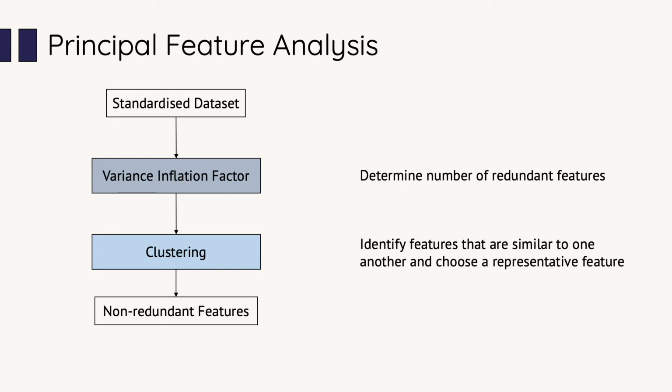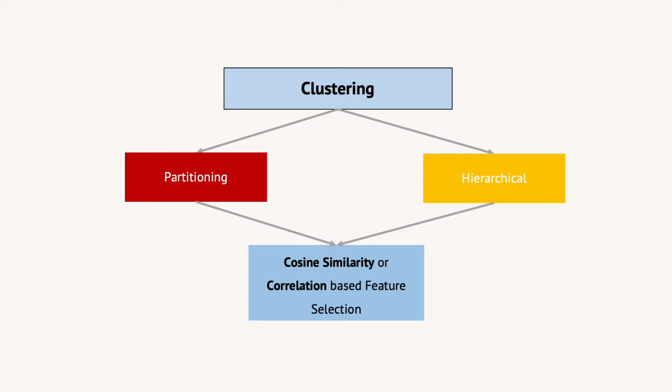The information from the VIF is input into the clustering algorithm to identify which clusters are similar to one another and select a representative feature set. Clustering is done in the eigenvector space instead of the feature space through singular value decomposition. There are two groups of clustering used: partitioning and hierarchical. Partitioning clustering focuses on associating samples to a defined cluster, which can be random or a sample from the dataset. The second type of clustering method is hierarchical clustering, where the samples are clustered to form a tree-like structure, aka